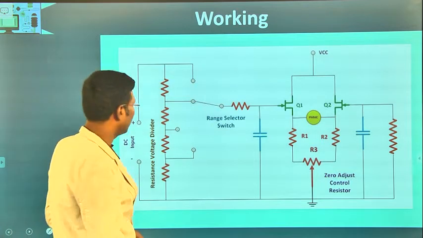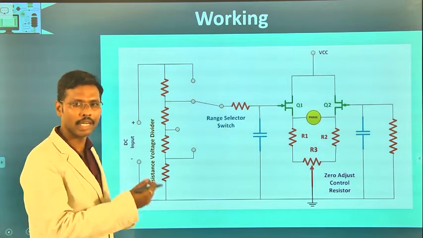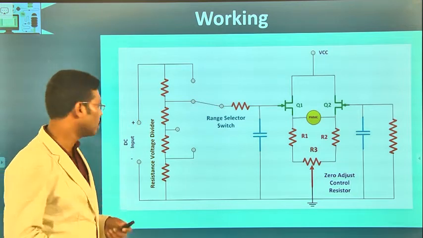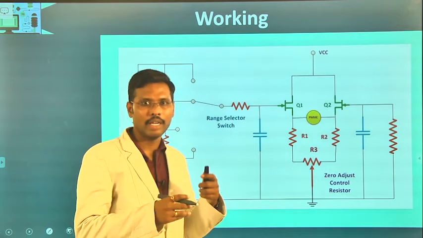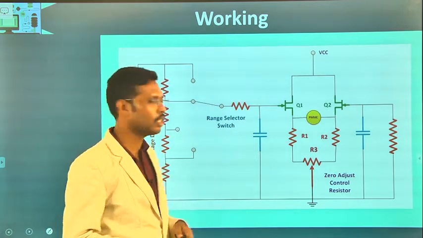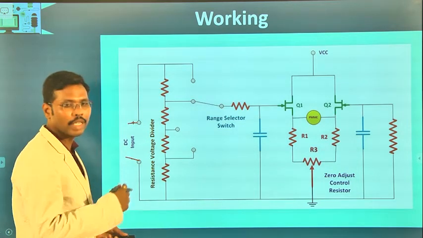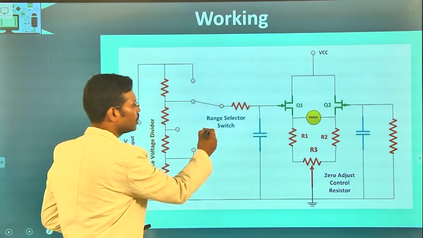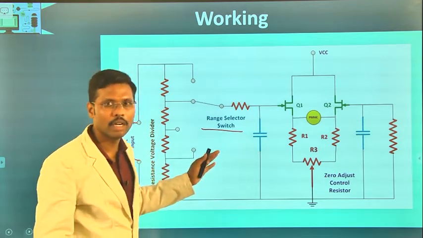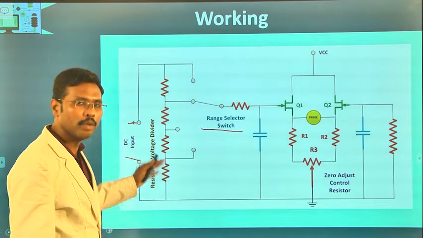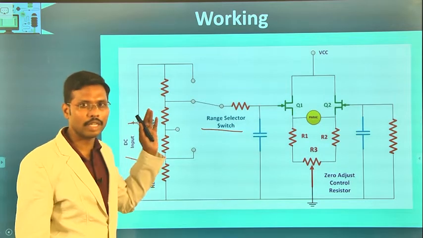So, the input signal, whatever it is, can be the measurement of some voltage or some current or measuring of any resistor. The two probes will be there. We will be connecting the two probes of this multimeter at the two ends of the quantity to be measured. Depending upon the range of this input signal, we will select this range selector switch. We will move this range selector switch accordingly, so that our multimeter is in the range of the input signal, for the efficient calculation or measurement.